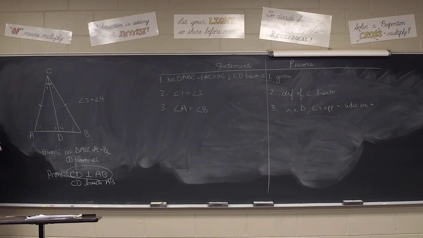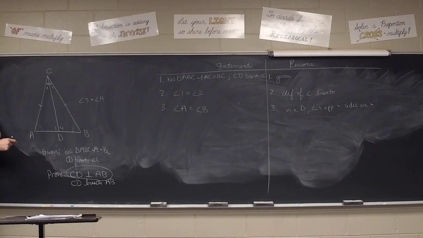Corresponding parts of congruent triangles are equal. Corresponding parts of what? Congruent triangles. So in order to use CPCTE, I have to have congruent triangles. I gotta have some congruent triangles here. If I had congruent triangles, and they don't look congruent, but if they were congruent, then by CPCTE, these would